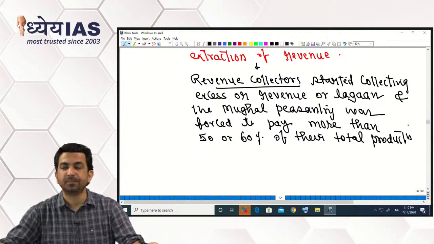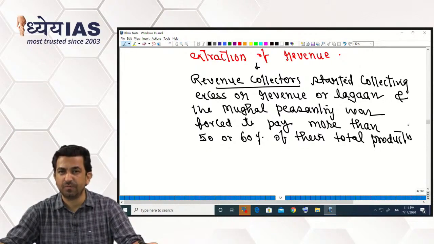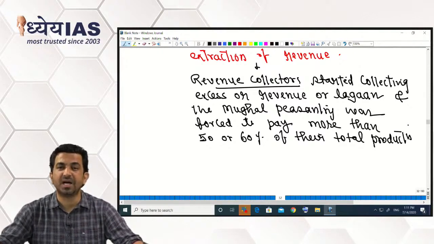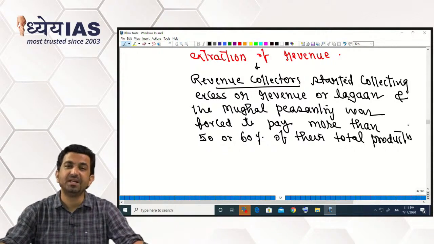For example, if the state fixed 50% of total production as revenue, and state officials started collecting more than 60% or 70%, लगान की ताबड़तोड़ वसूली और लगान की बहुत ज्यादा वसूली से मुगल किसानों की कमर टूट गई। And when the Mughal peasantry class was left with no choice, they raised the standard of revolt, and the Mughal empire started declining because of revolts and rebellions of the Mughal peasantry class. Economic interpretation of downfall